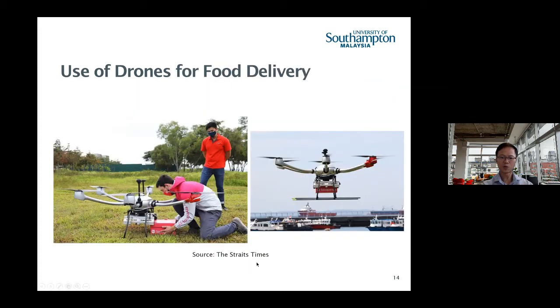And if you are from Southeast Asia, you might be aware of this food delivery company known as Food Panda. Normally they send food to people who order on the computer or the mobile phone. The delivery drivers normally come on a motorbike or scooter, or they may come in a car. But more recently, Food Panda is trialing the use of drones to deliver food, and they've been applying that to